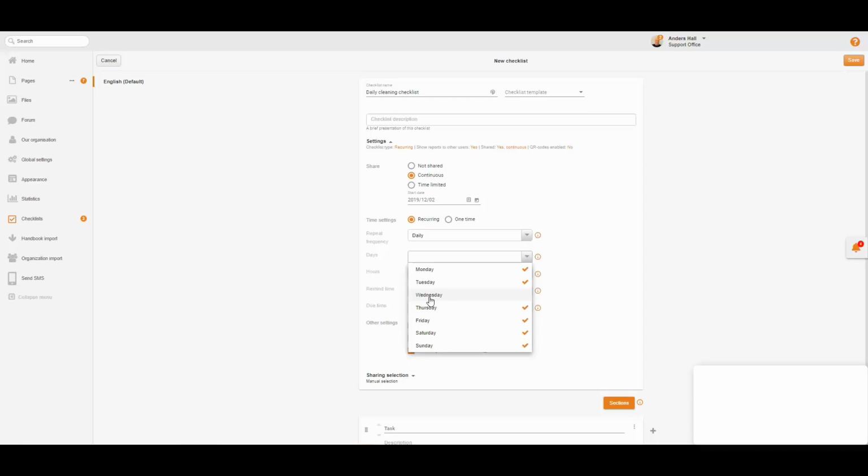Next step is to set the start date and decide which time of the day the checklist will go active. At this time, the system will also send a push notification through the app, and it will post a notification in the web application in the desktop version. In this case, we want this cleaning checklist to be pushed out and available from 7 o'clock in